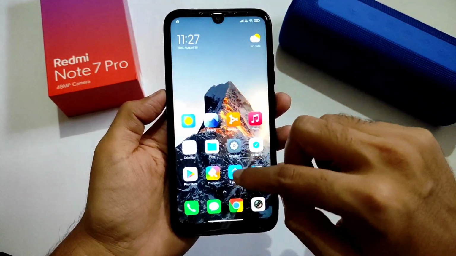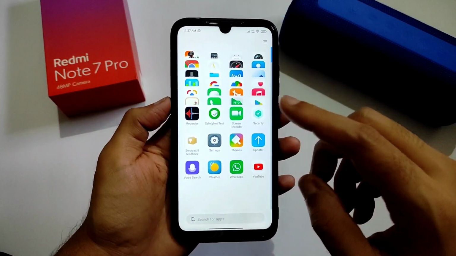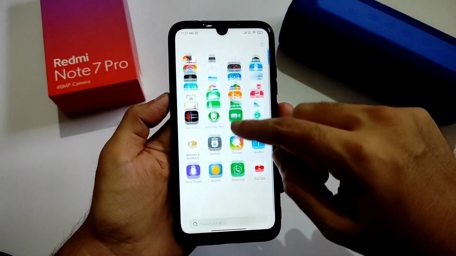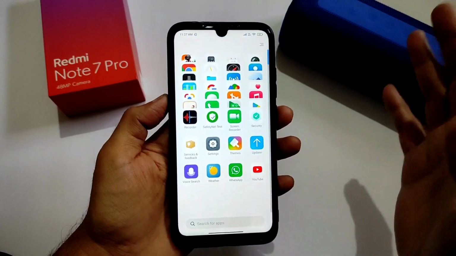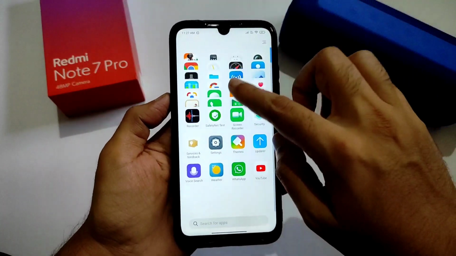This is the quick settings panel, and this is the app drawer, apps on the home screen, and this is the app drawer merged like this. I don't know, is it a bug or a feature? Do comment down below. Even after restarting and even after changing the home screen from without app drawer to app drawer, since then also it's available like this.